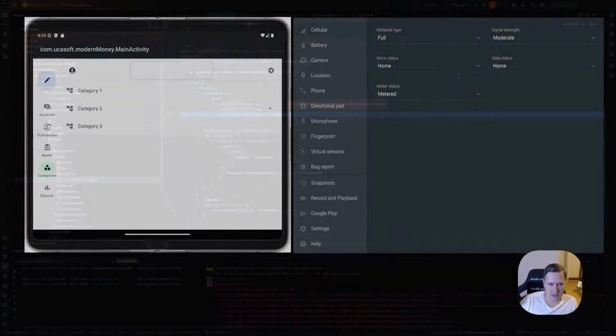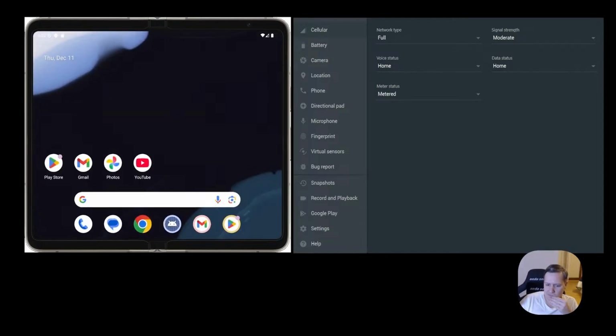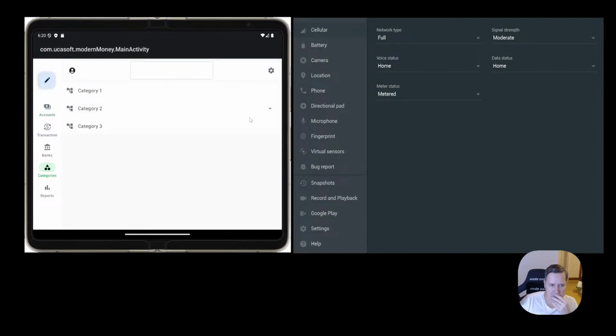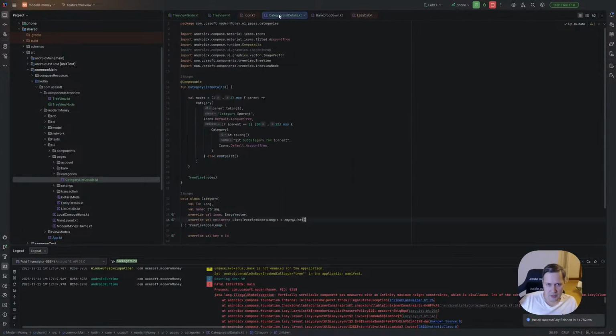Let's restart again. Categories, expand categories. We even can combine here, I guess, but it's not what I want to achieve. But let's try to go deeply. Let's check how deep the rabbit hole goes.